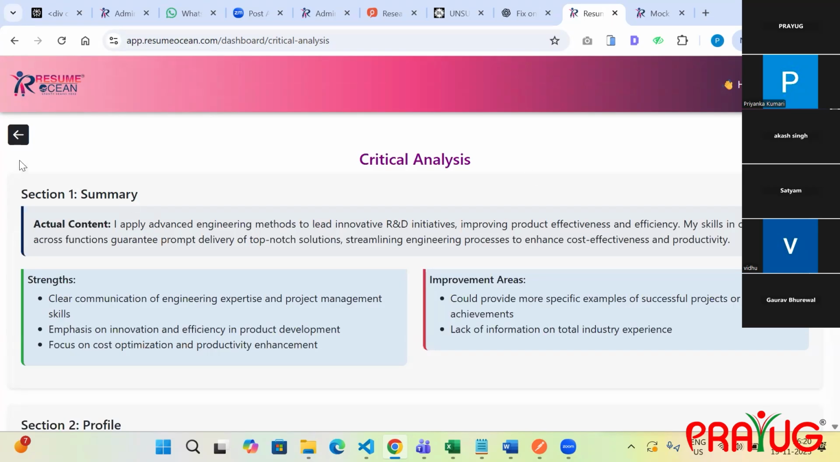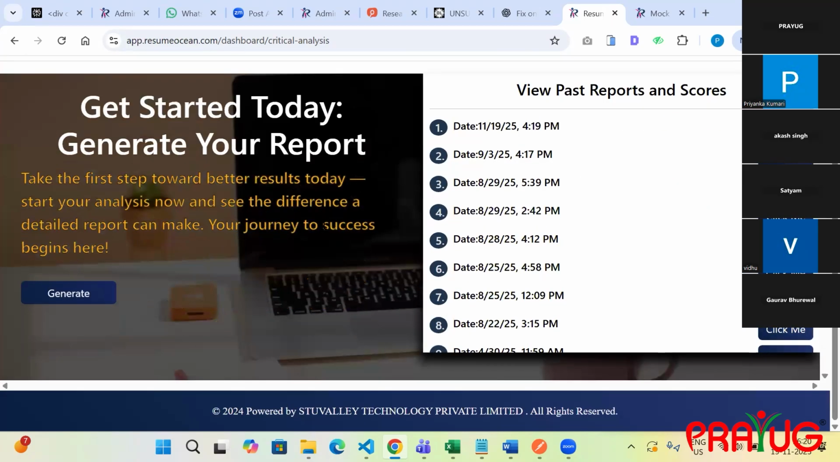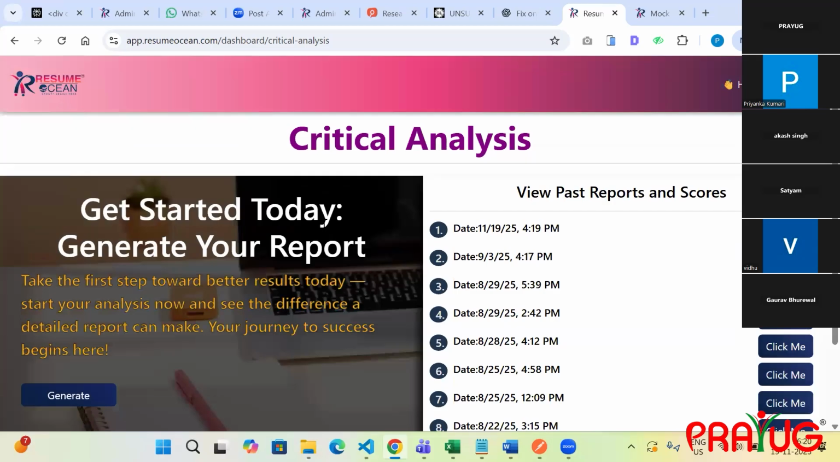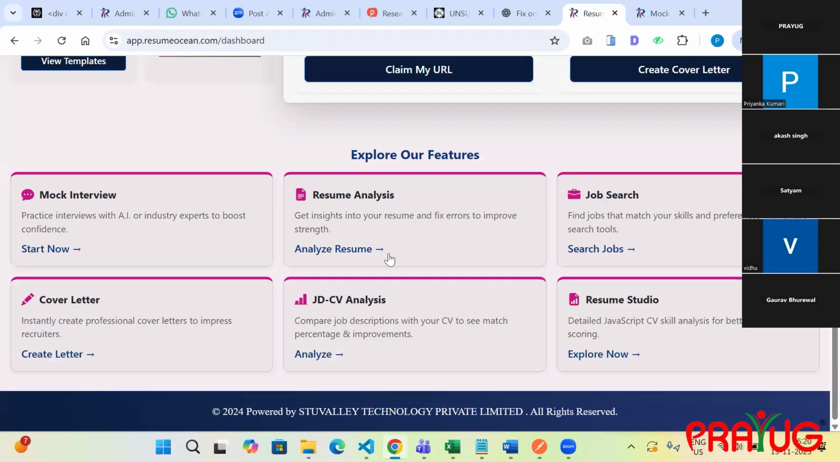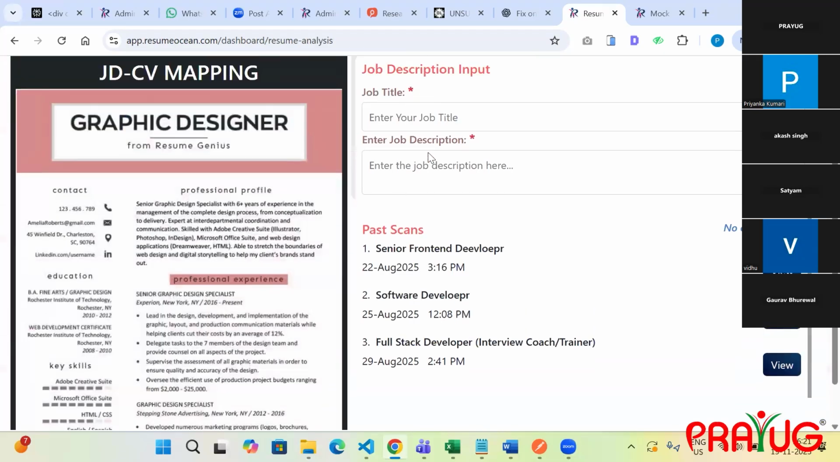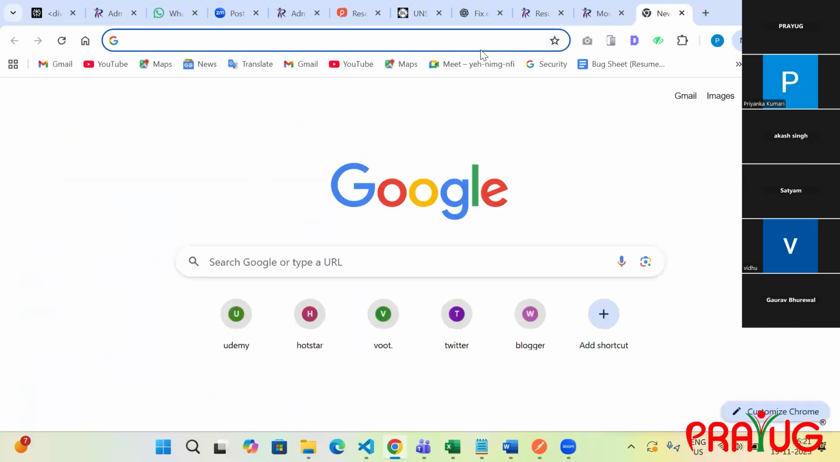The other feature is the JD analysis. It will compare your resume based on the JD you are going to apply for. So let's go to the dashboard again. The resume analysis we saw is the critical analysis of your single resume. The JD-CV analysis provides you the resume comparison based on your JD. So we will type the job title. Suppose I am applying for software engineer and some job description. So let's go to this